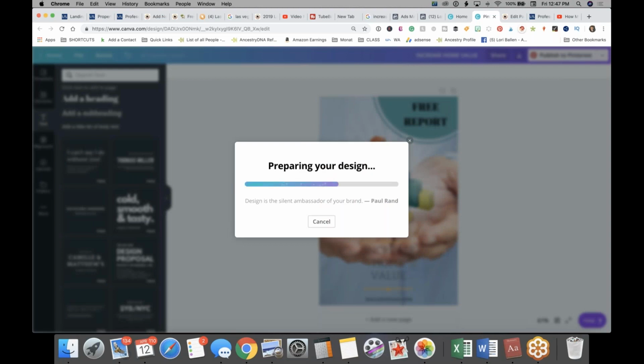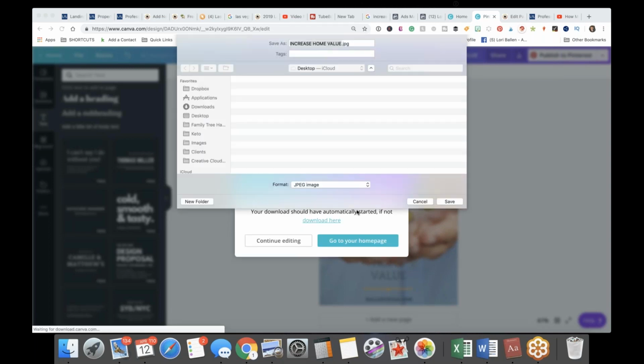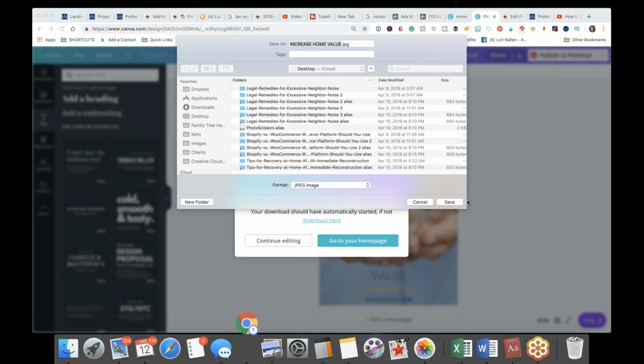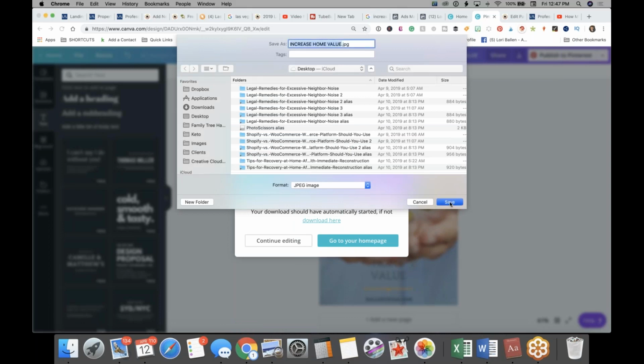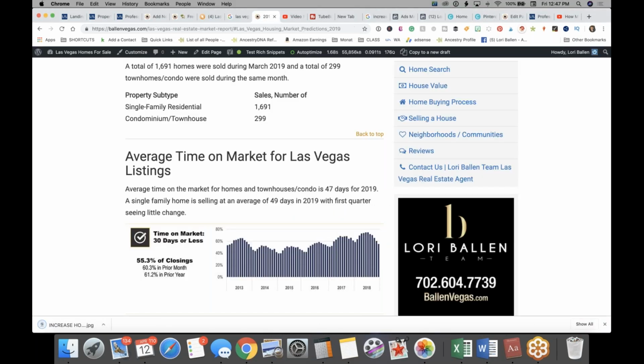The PNG images are okay for YouTube, but YouTube even has limits, like they can't be over 2 megabytes or it won't let you upload it. So I personally generally save in a JPEG versus a PNG, and they're usually fine. And then once it's downloaded, okay, I'm going to save this as increase home value to my desktop. All right, now go over to your blog,